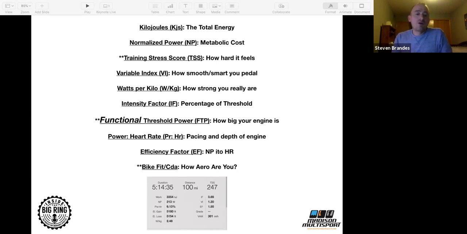If you can do yourself one favor, get yourself a bike fit by a reputable fitter that's comfortable and powerful, not just super low because you think that's going to be quicker.